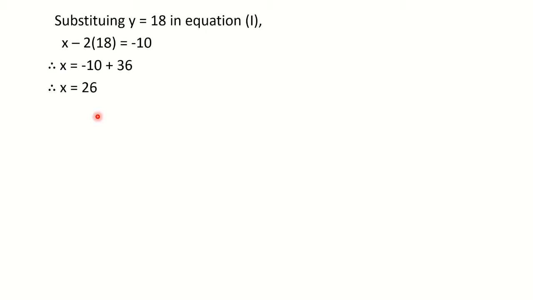Okay, so we got both the values. We got x as 26, and we know that y is equal to 18, which we have found out previously only. Then finally you have to write down the solution in round bracket. So solution is equal to, inside the round bracket, 26 comma 18, which means that x is equal to 26 and y is equal to 18. So an ordered pair, always you have to write down in the form of x comma y. So value of x first and value of y afterwards. In this way we have completed question number 3 from main question number 3.